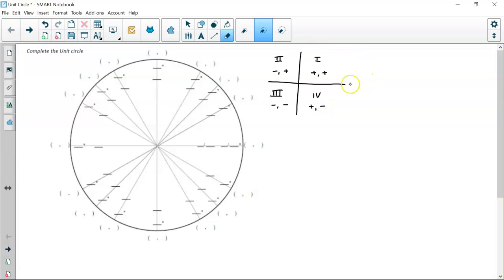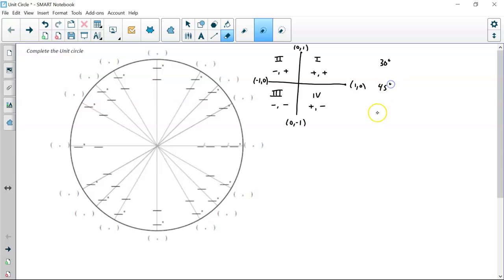So now, also at my axes, I'm at 1, 0, 0, 1, negative 1, 0, and 0, negative 1. I actually have a little note card that I have with me just to help me remember what my values are. Now, like I said, I only care about quadrant 1 for the most part, because as soon as I know my values in quadrant 1, I can figure out what it is just based on what quadrant my angle is in. So what I do is I think, all right, 30 degrees,